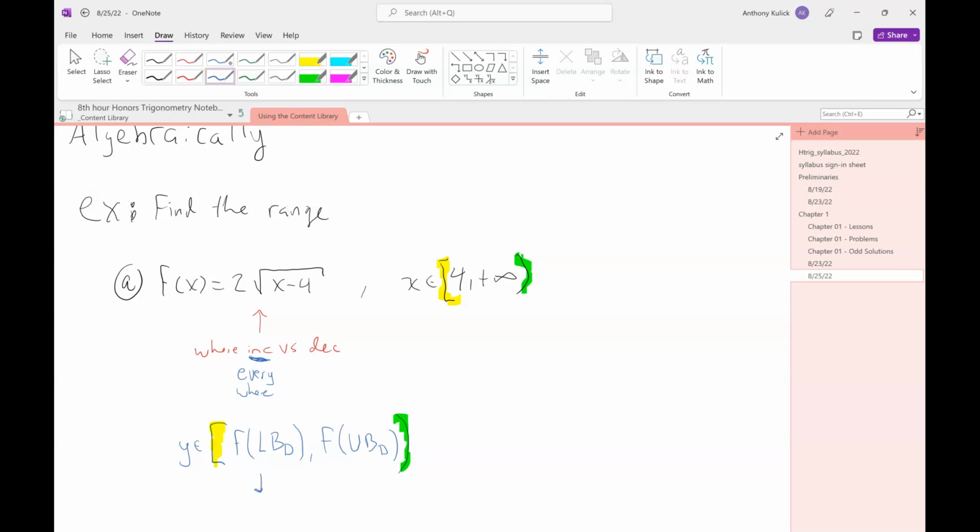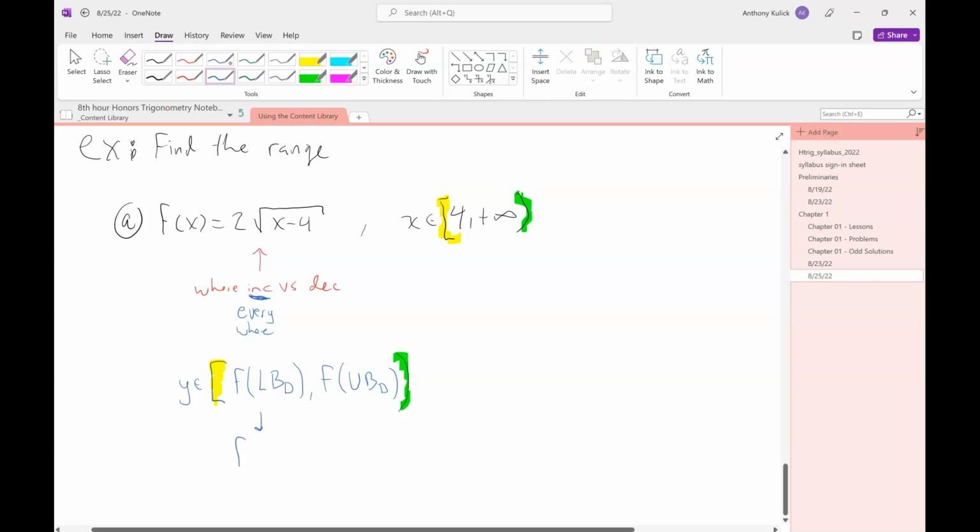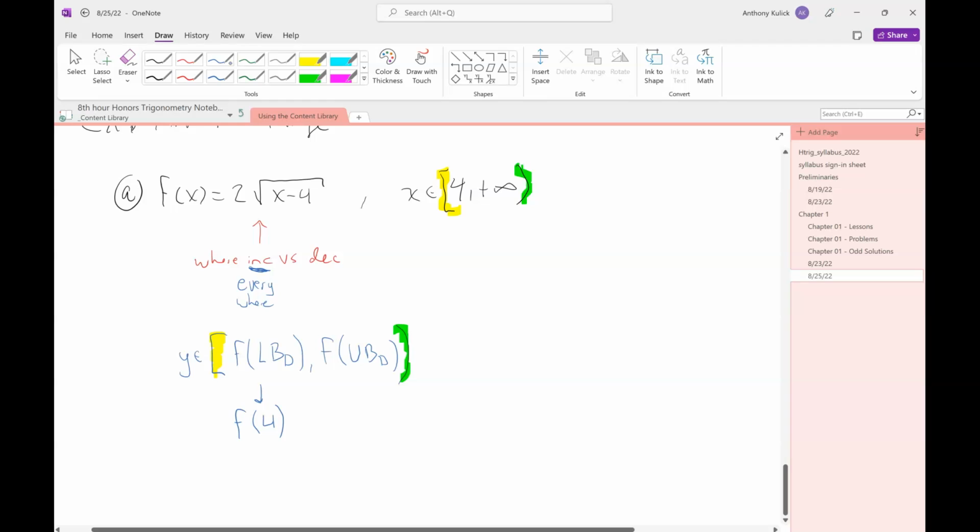Okay. So here, the lower bound is 4, so I'm just going to calculate f of 4. When I do that, I get 0. Is everybody okay with that? 2 times the square root of 4 minus 4. It's 0. Is that okay? When I do the upper bound,